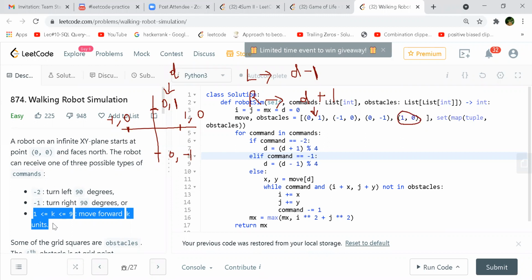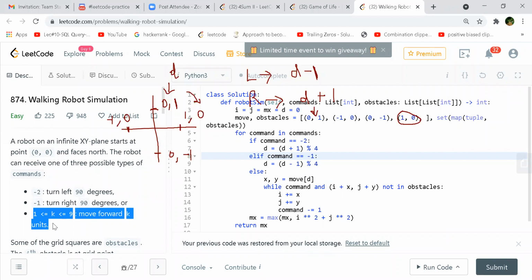Okay, see, now you are saying that you are at 0, 1 location, correct? Forget about this moves array for some time. So the move array is actually giving you what you want to rotate. This is for rotation, correct? So this is nothing to do with it for now. So what are you going to do when you want to rotate? That is where the move array comes in.